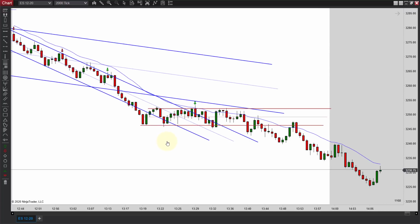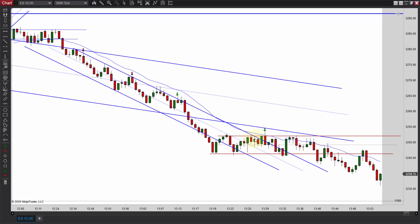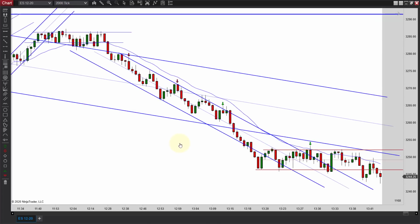The only reason I even consider making it green and being a little aggressive is because this is a strong sell-off. And that is the first break of this. This is a spiking channel, and that's the first break of it. And this is such a strong and long channel here that I'd almost consider it new and forget about the larger one and just consider this a new and separate channel,